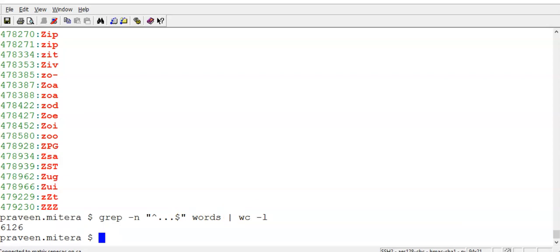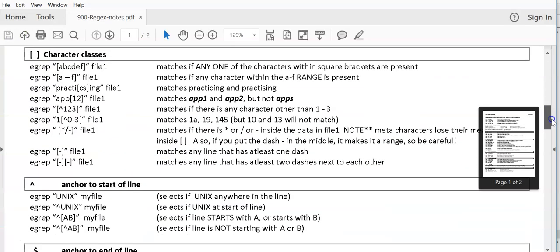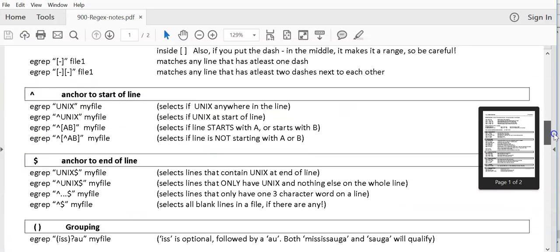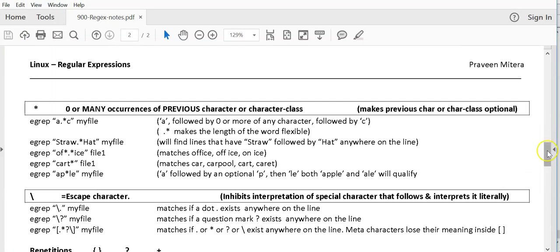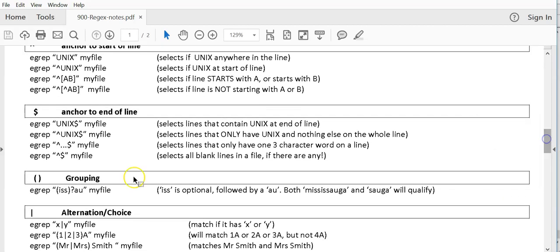Next, we're going to look at, so we've looked at the dot, we've looked at the character class, anchor to the start, anchor to the end. So we're going to now look at what's called grouping, which means you're grouping a few characters together. So in this example that I'm showing here in the notes, I'm grouping ISS with the round brackets, which means it's going to look at it as a group instead of looking just at S, it's going to look at ISS. The fact that I have a question mark here is very interesting too, because question mark has a very unique